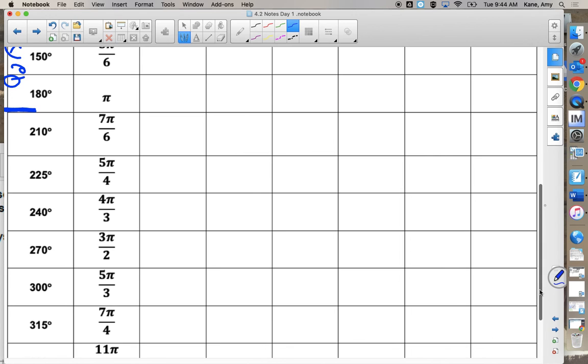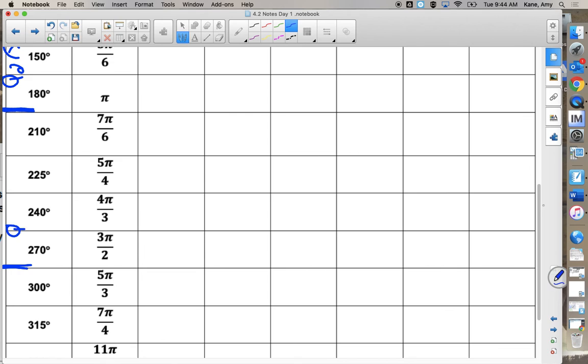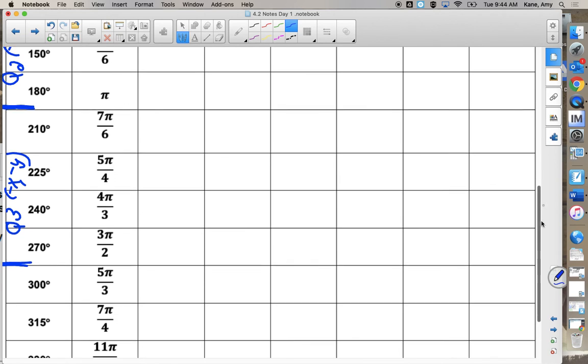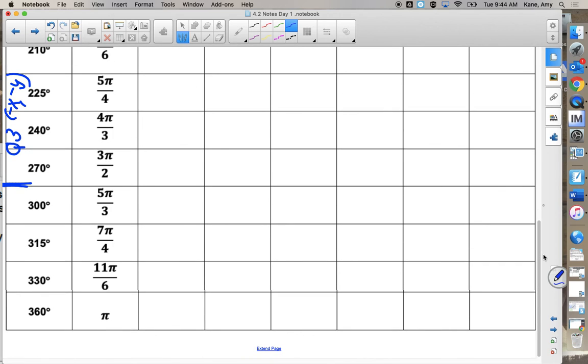Going down to 270. Anything in between here is quadrant 3. What happens with quadrant 3 in my ordered pair? Both negative. And then the remaining angles are quadrant 4,